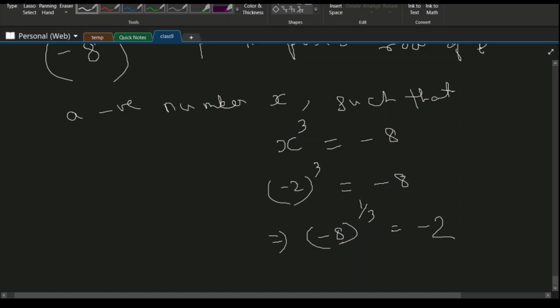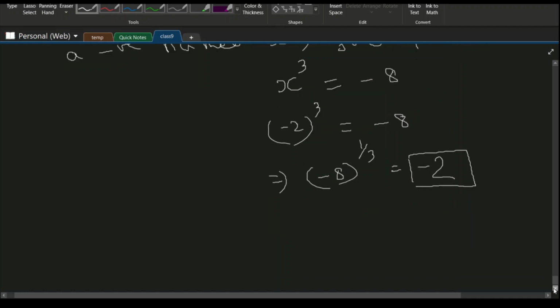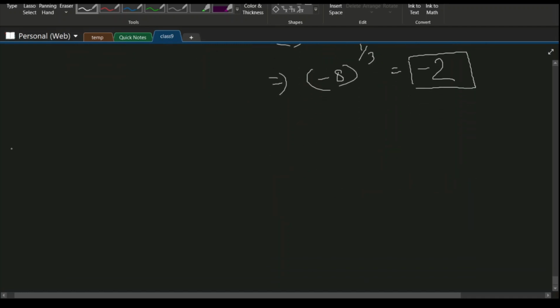Okay, so another thing to remember is when we are finding a principal third root or principal fourth root or principal fifth root, the signs of these numbers should match. So if I have a negative number, the principal third root also has to be a negative number, and if I have a positive number, the principal third root will be defined as a positive number.